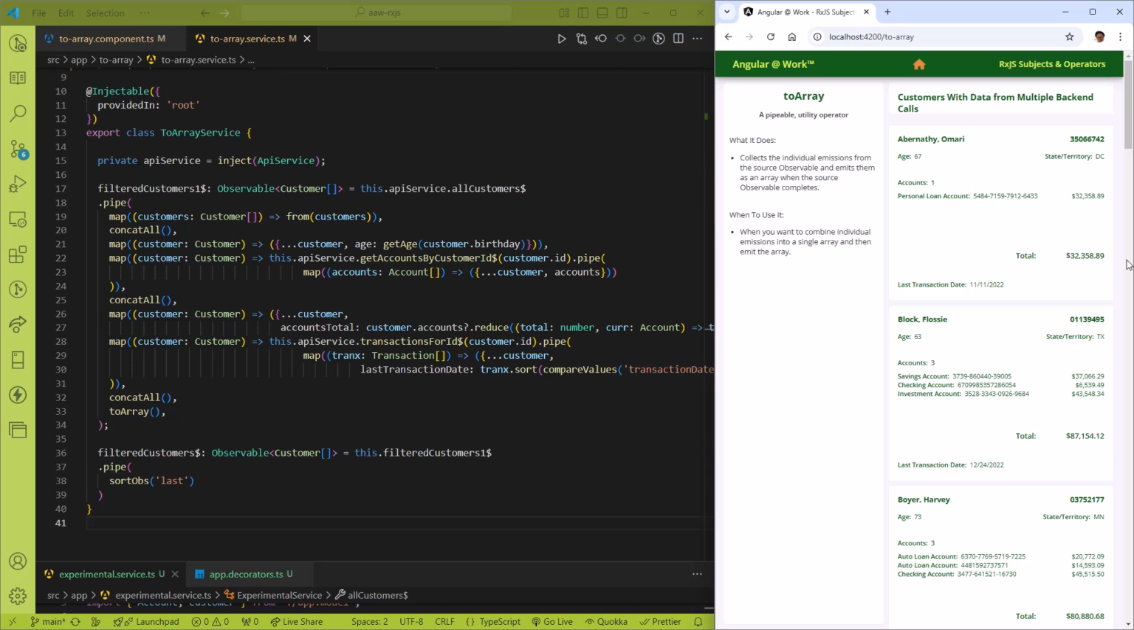And currently, you see that the to-array service is using 3 observables from the API service. It's using the all customers observable property. It's using the get account by customer ID observable method. And it's also using the transactions for ID observable method. And what I'd like to do is log to the console the values that are being emitted by these observables. But I'd like to do it without peppering this code, without adding any console logs to this